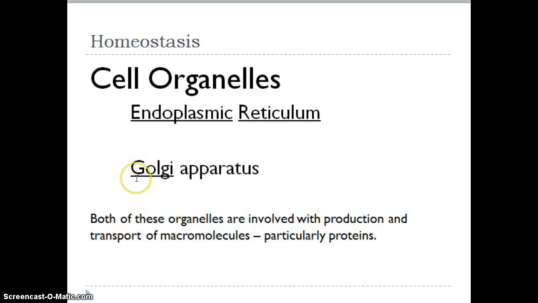There are also endoplasmic reticulum and Golgi apparatus organelles in our cells, and they help us to maintain status quo in each of our cells also. The endoplasmic reticulum produces protein. The Golgi apparatus